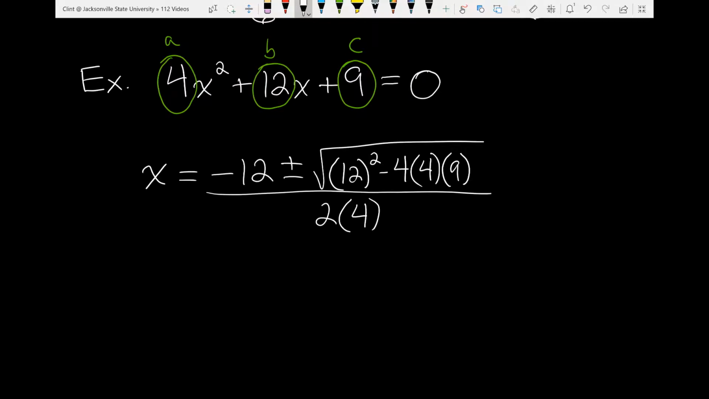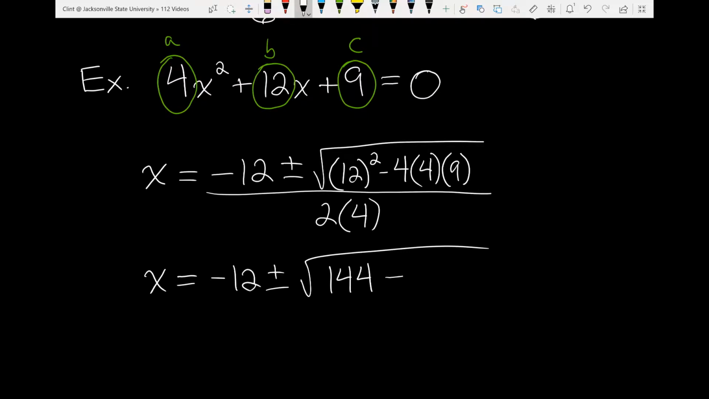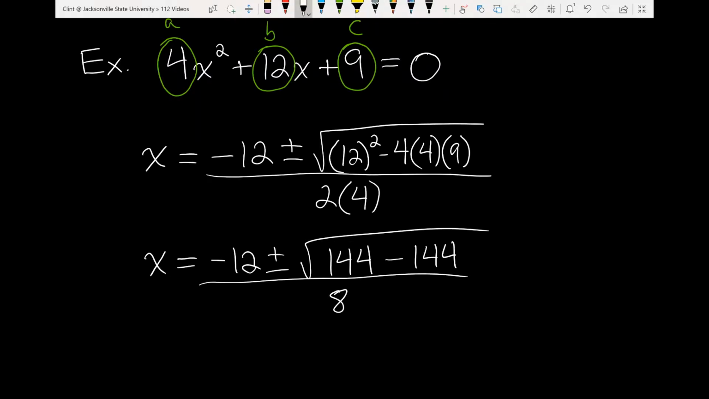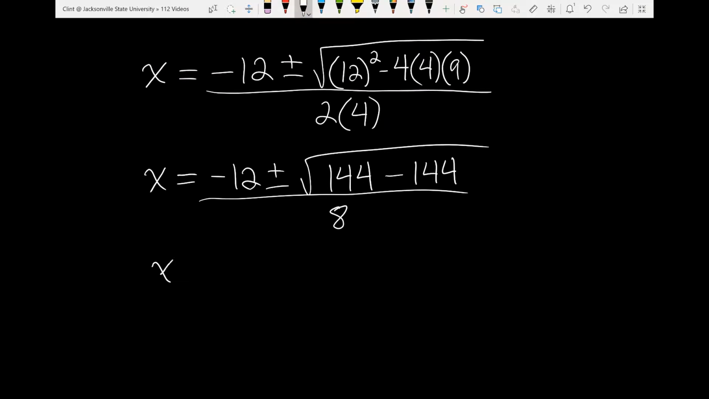Okay, now we need to simplify. I'm going to start underneath the radical. 12 squared is 144. We do negative 4 times 9, times negative 1. Bottom: 2 times 4. Negative 12